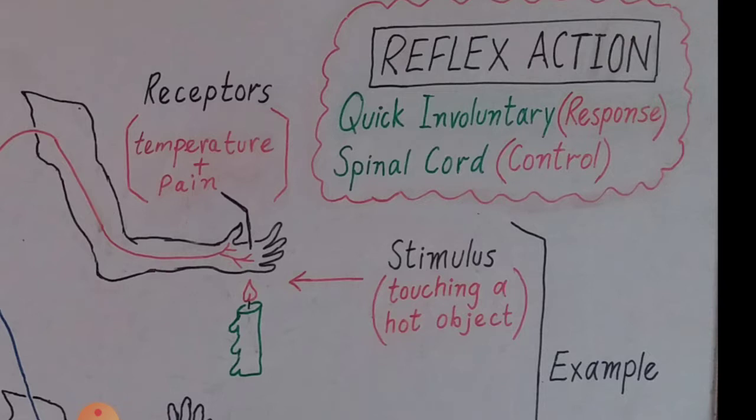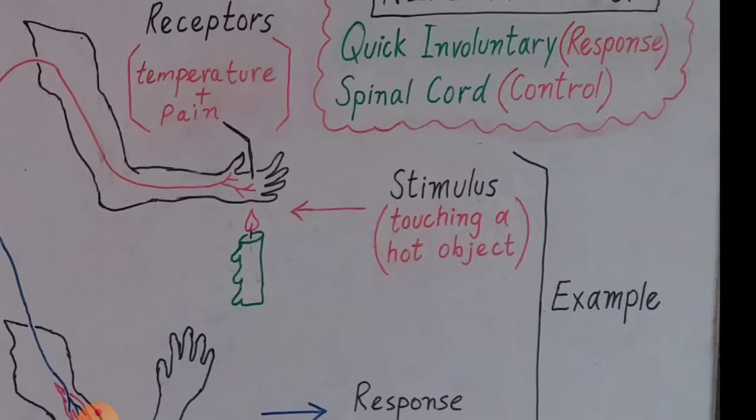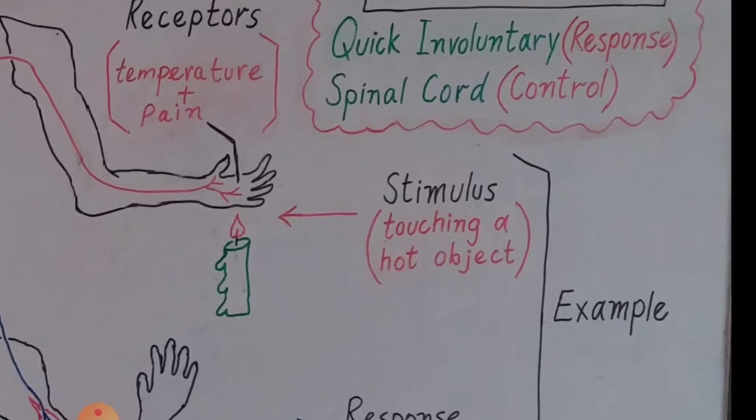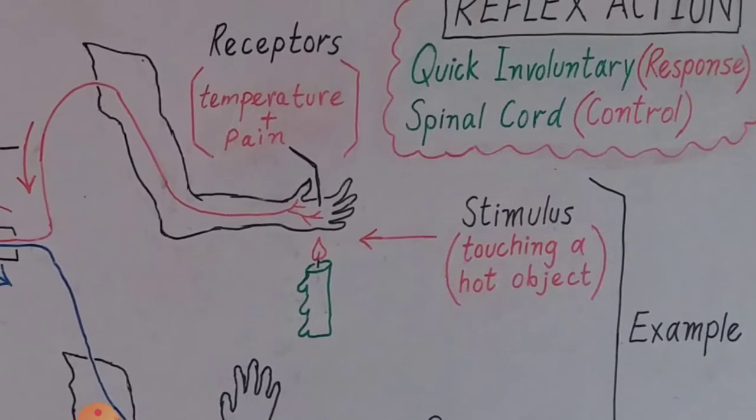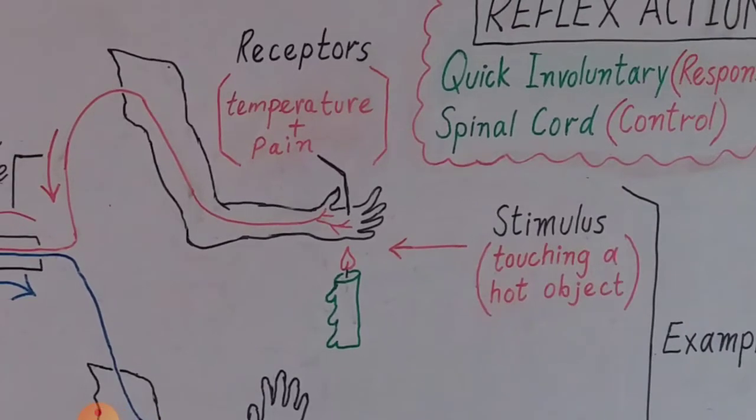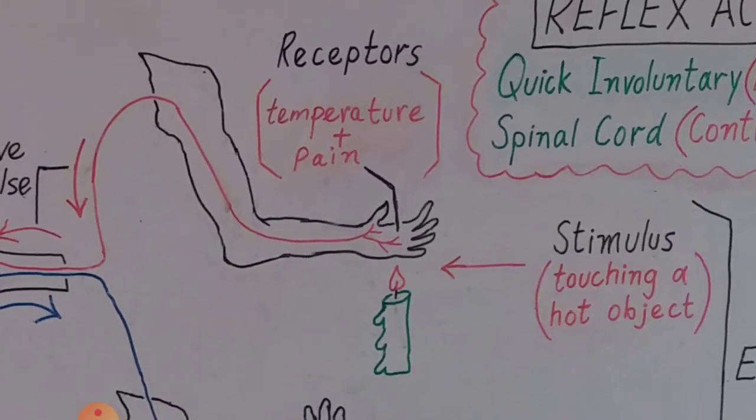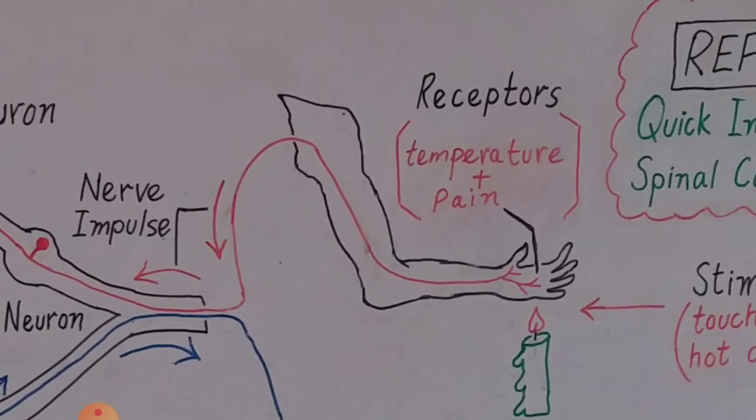We'll follow an example. In our example, there is a stimulus that is touching a hot object. See in the diagram, a hand is touching a hot object, that is a candle, and in the skin of the hand, there are receptors to feel temperature and pain. So this stimulus